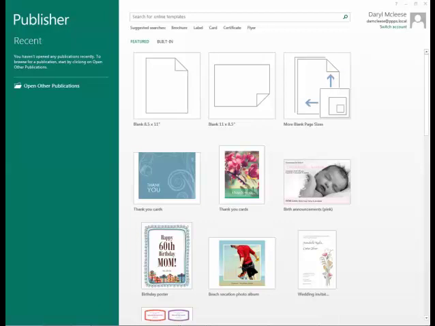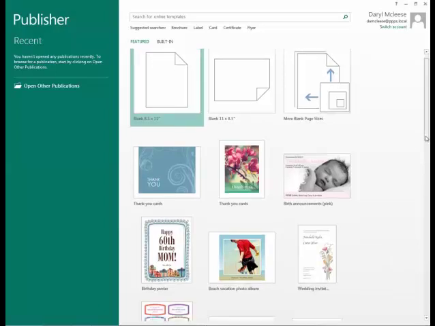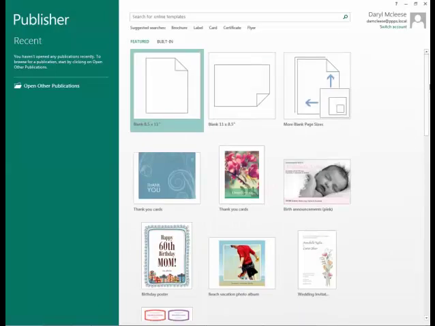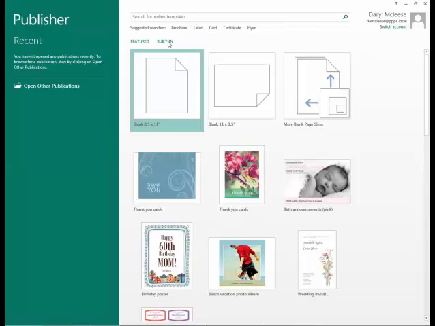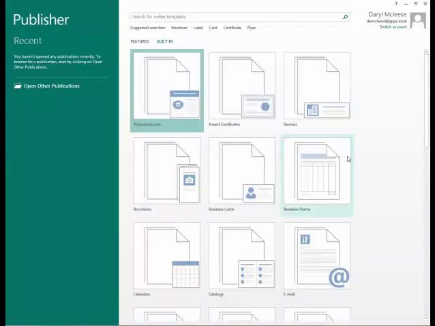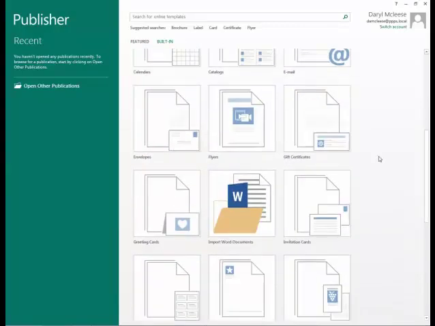This is a video demonstration for a Microsoft Publisher newsletter project. Once you have Publisher open, you need to pick a newsletter template, and this is the main Publisher screen here. There's some featured options, and then there's also some built-in options. And if you don't see newsletter up here, you can either search for online newsletter templates or go to built-in, and then go down to newsletters,